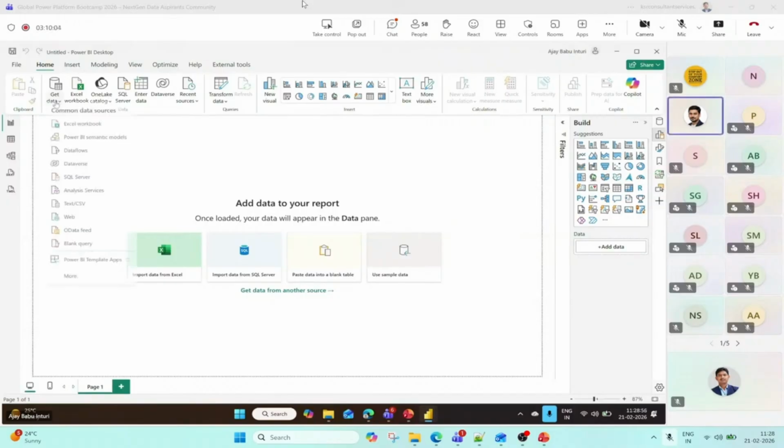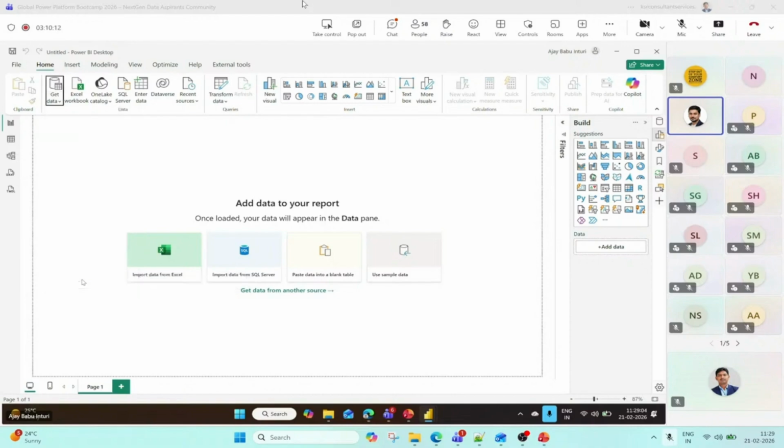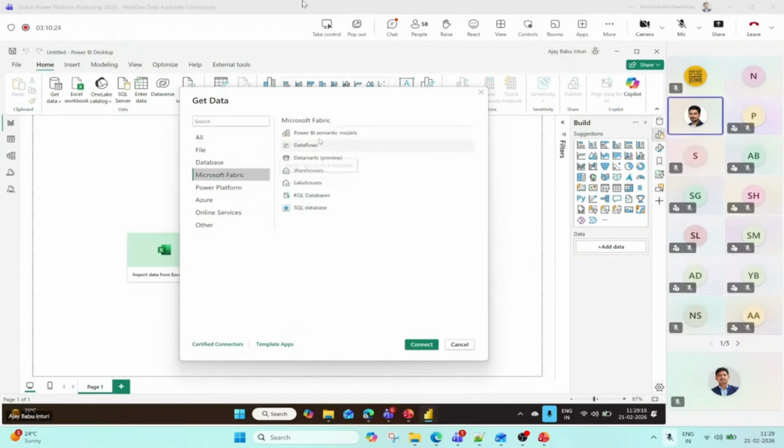So go to Get data, and then there is Power BI semantic models. Or if you want more options, just click on More, and Microsoft Fabric. You can see the same option on the top right when we click on Get data: Power BI semantic models.